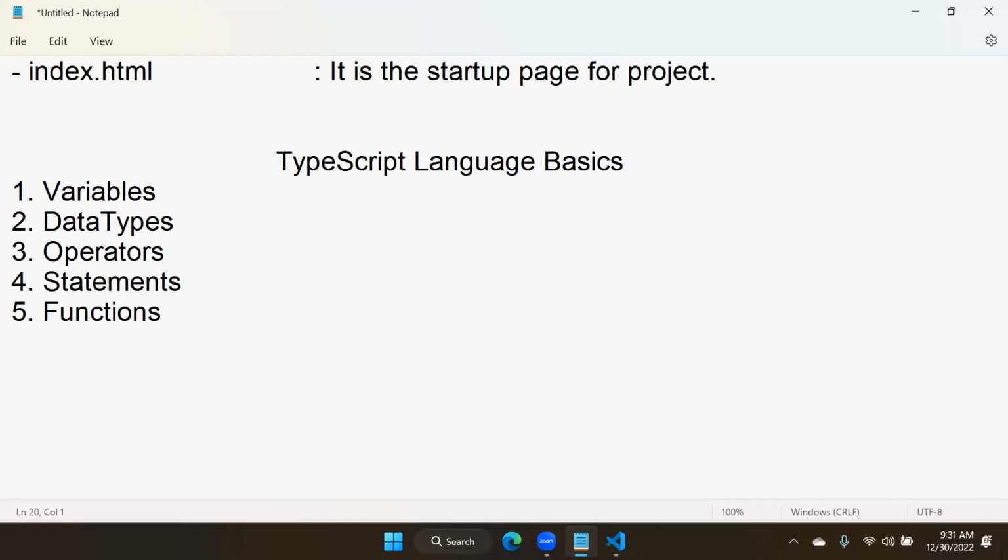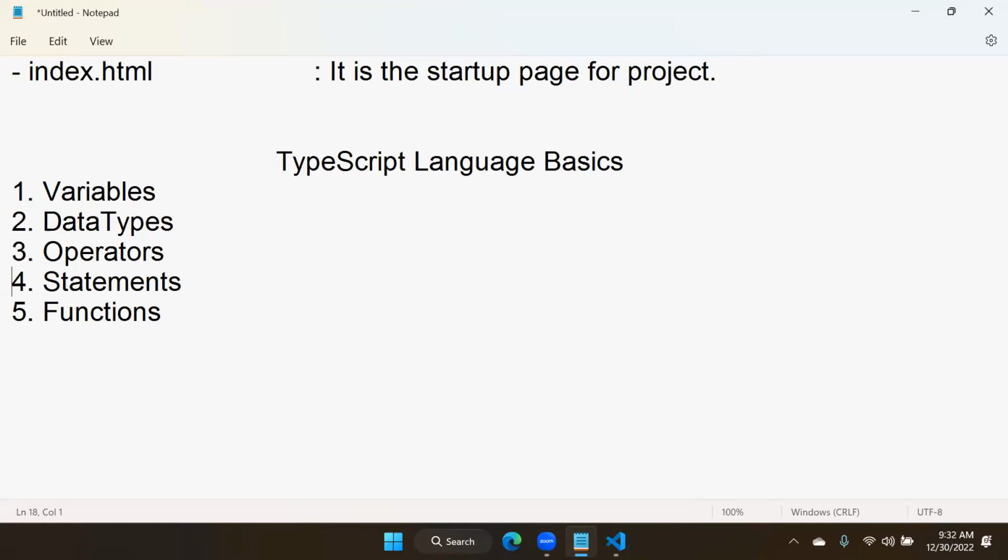I will discuss what is the difference between JavaScript and TypeScript. Because these are all JavaScript topics also. Only a few changes are in TypeScript that you have to learn. Right? So first, to start with these topics and work with them, one more important thing you need to know